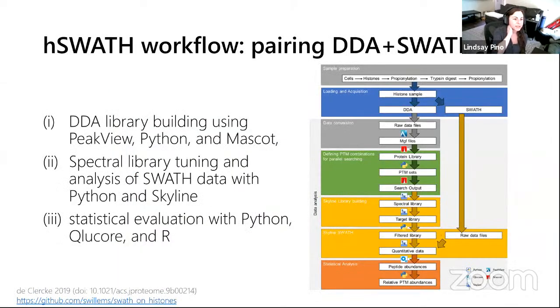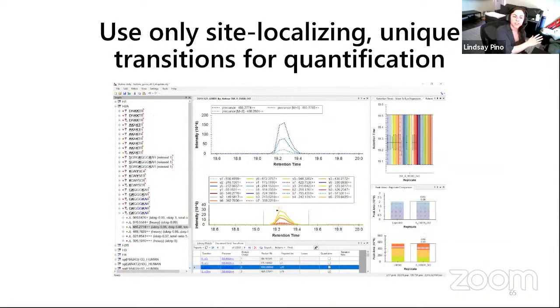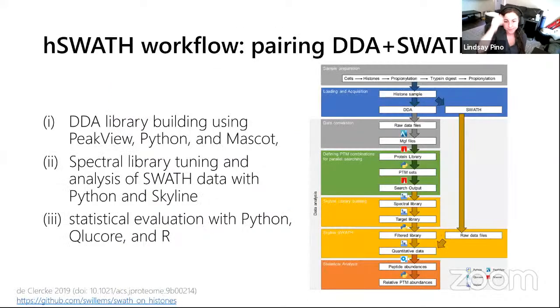So this is that paper from the Dannon's lab that I mentioned before. But everything up until this point assumes that you're not doing anything else. You're only doing DIA for your data acquisition, and then you're going to analyze it in a targeted, PRM style manner. If you wanted to discover new histone PTMs, you could do this kind of approach where you're pairing DDA with your DIA. And then you build a spectral library using whatever database search is your favorite. There's a couple that are better for histone PTMs specifically. But whatever database you like using, you can build your spectral library in Skyline